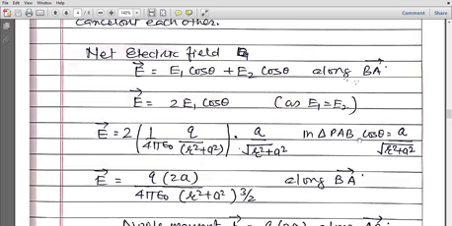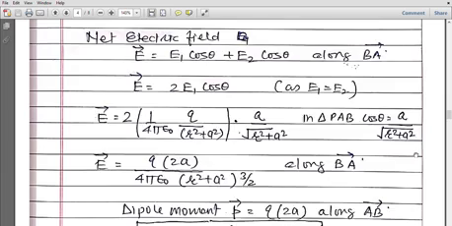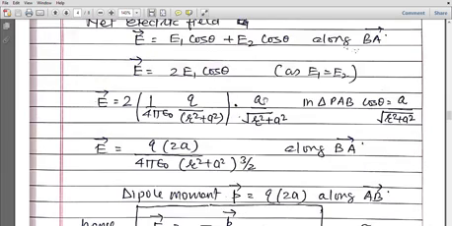Sorry, not PAB, it is PAO. Cos theta is A upon under root R square plus A square, base upon hypotenuse. You can substitute the value of cos theta here. Now Q, 2 and A can be written as Q into 2A over 4 pi epsilon 0. R square plus A square to the power 1 and power half becomes 3 by 2, 1 and a half, along BA. Now Q into 2A,